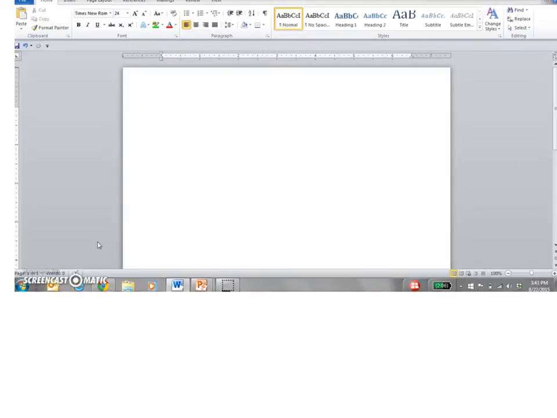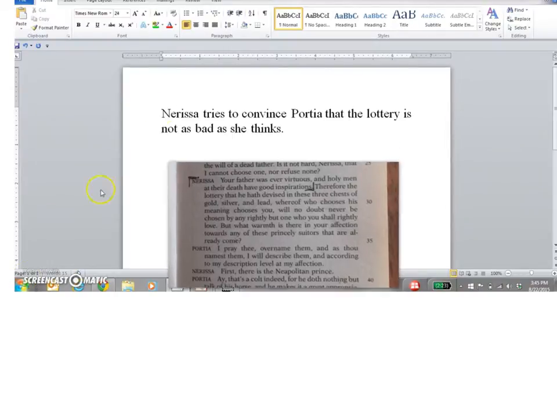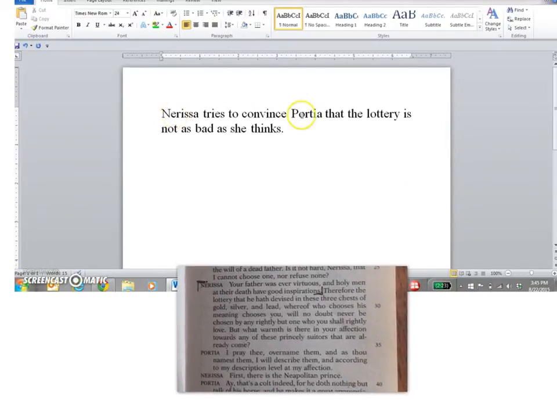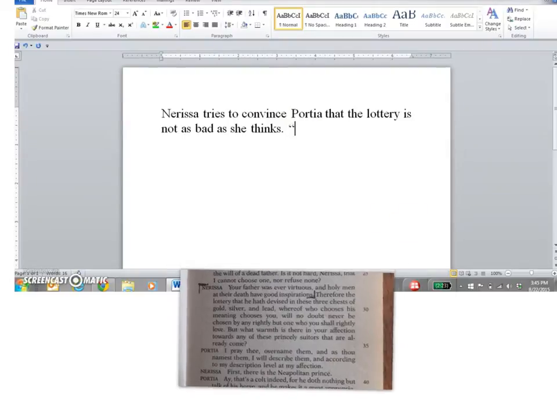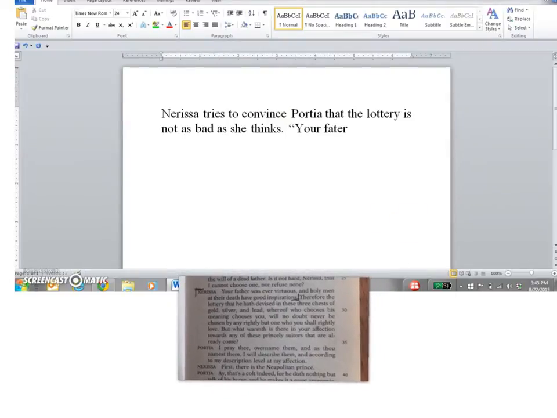I'll take a prose passage from The Merchant of Venice. With a play, your lead-in sentence has to indicate both the speaker and the context. Nerissa tries to convince Portia that the lottery is not as bad as she thinks. So my lead-in sentence, as you can see, contains information about the speaker, Nerissa, and the person to whom she's speaking, Portia. So now I quote,